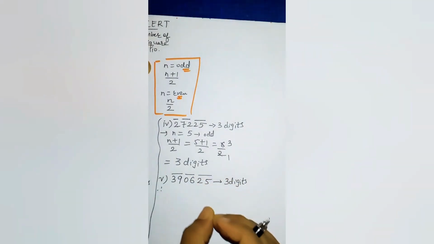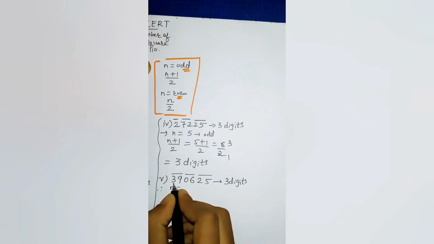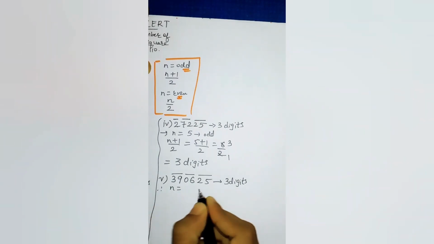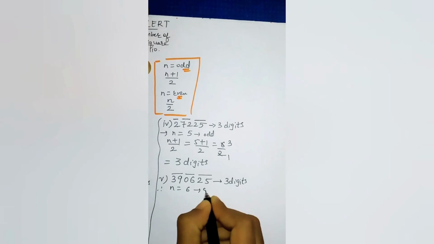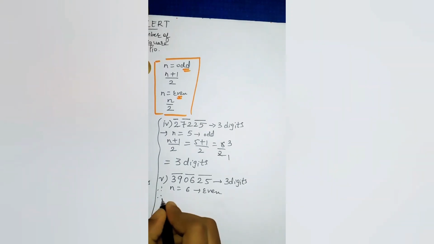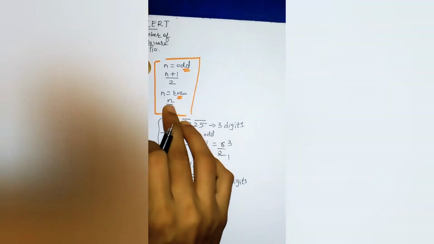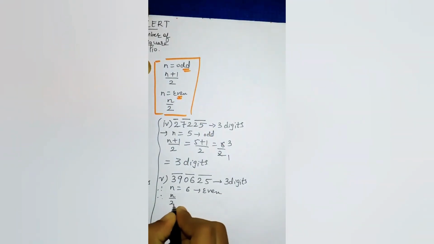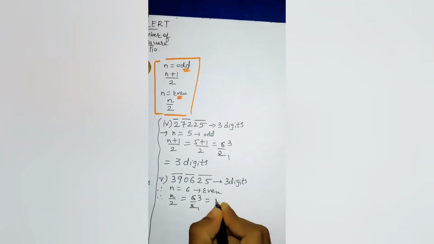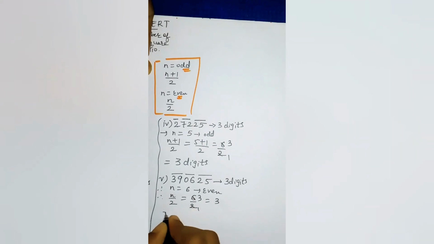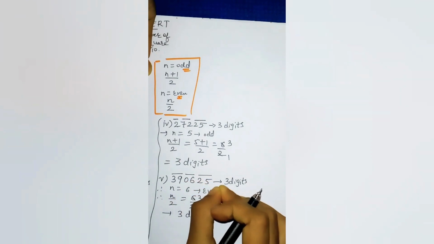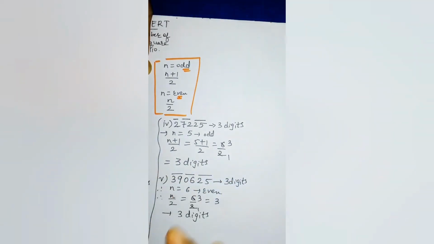Again we will see with the formula. So n equal to 1, 2, 3, 4, 5, 6. In the question there are 6 digits and 6 means even. So now we will use the formula for even, which is n upon 2. So n upon 2 means 6 upon 2. Now cancellation: 2 ones are 2 and 2 threes are 6. So 3. By both ways we are getting 3. So there are 3 digits in the square root of 390625. So whatever the square root is, it will have 3 digits. This was question number 2 of exercise 6.4. Hope you understood.